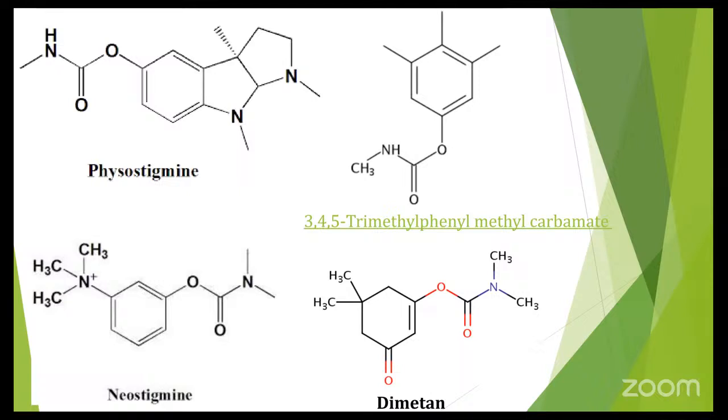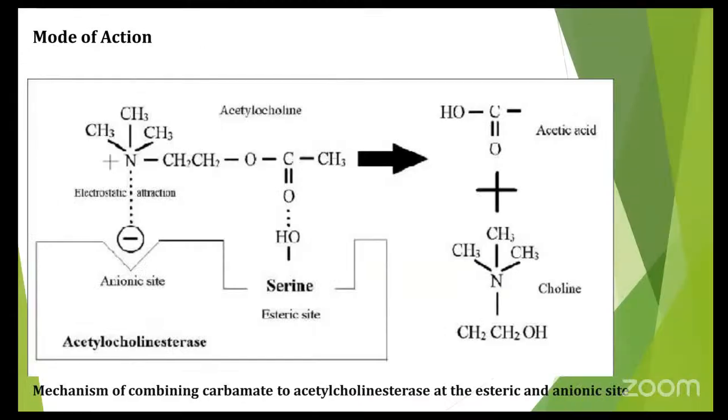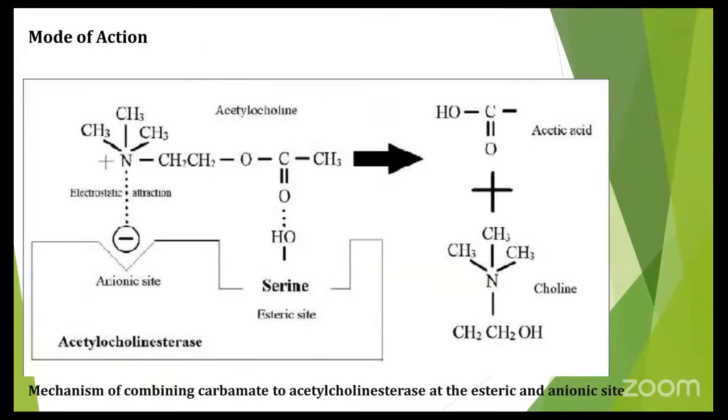A year later, the alkaloids were isolated, purified, and renamed as physostigmine. So this is the structure of it. Neostigmine is also another carbamate compound. Dimethyl is another compound, and they suggested three major requirements for optimum contact insecticidal activity of a carbamate molecule,